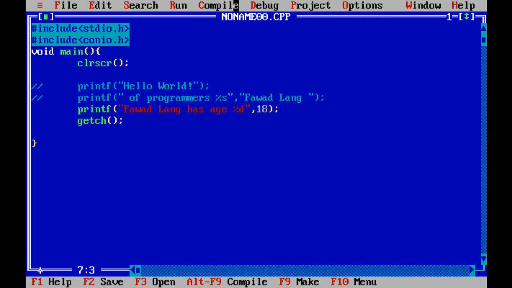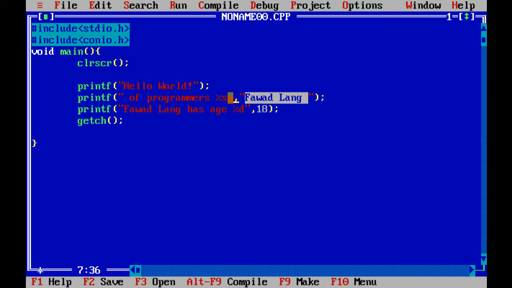And we have learned about format specifiers, percentages. For example, if we want to give a string to the printf function with a comma separation,